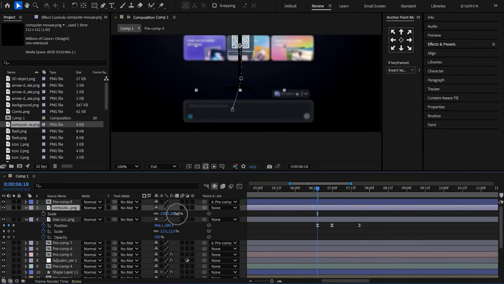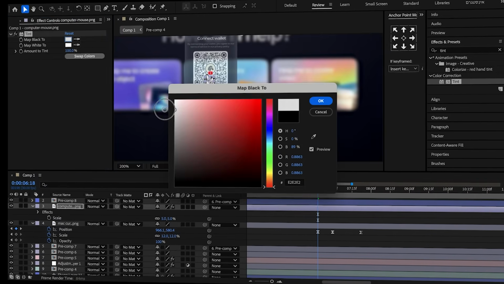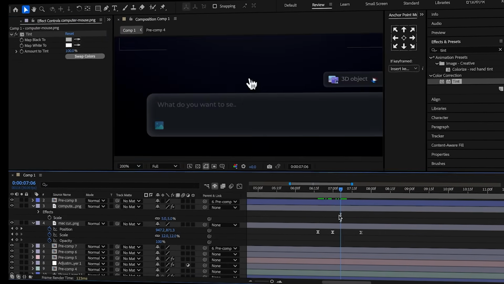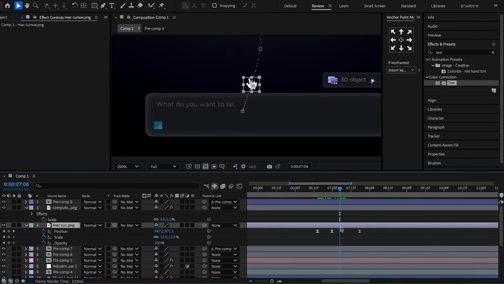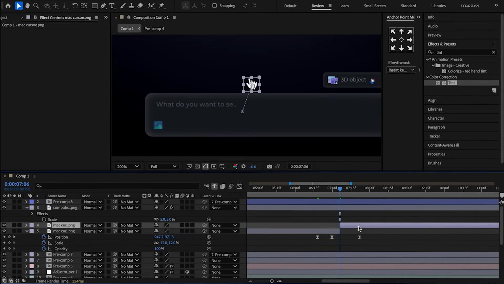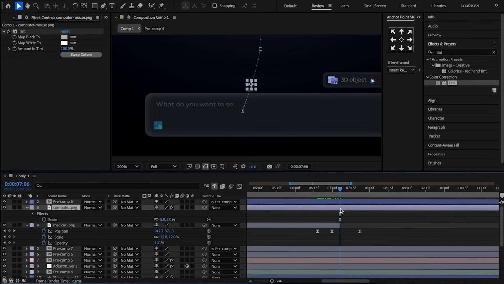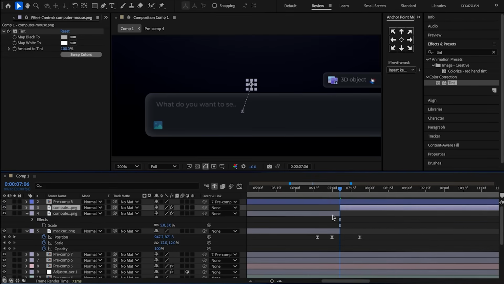In the scale property, shrink it to 5% and apply the tint effect. Change the first color to greenish tone. When the Mac cursor reaches the text input box, cut the Mac cursor layer at the point and delete the part after it. Do the same with the computer mouse layer, cut it at the same point and delete the